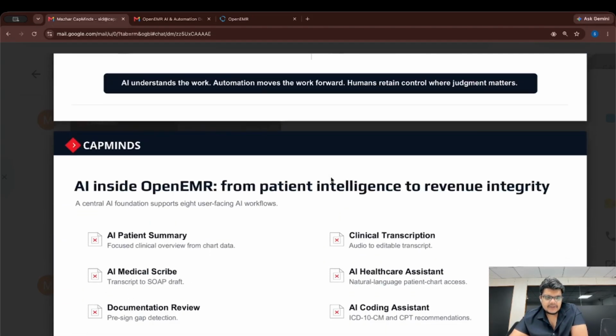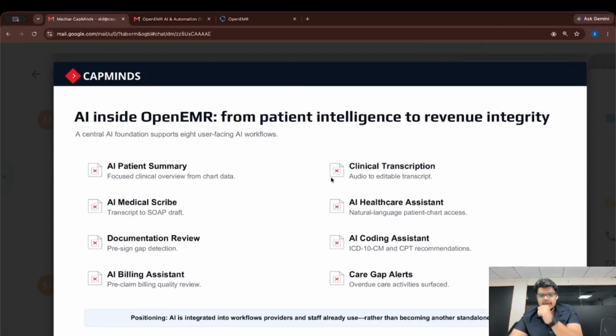So that's the major difference. Now, what we have built within OpenEMR, let's take a look at that. So we have built an AI patient summary. So let's say we have a huge bunch of data for any given patient. We have their lab records, we have their e-prescription history, we have their care gaps, we have alerts and all